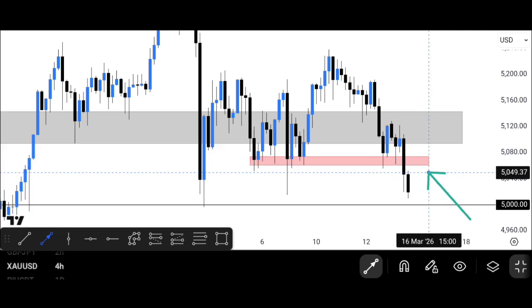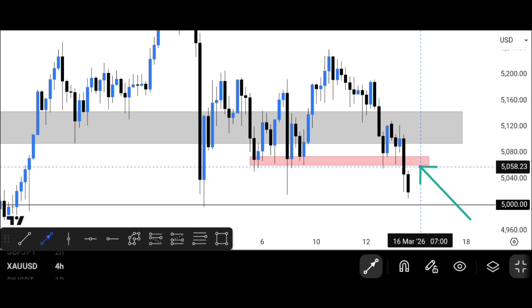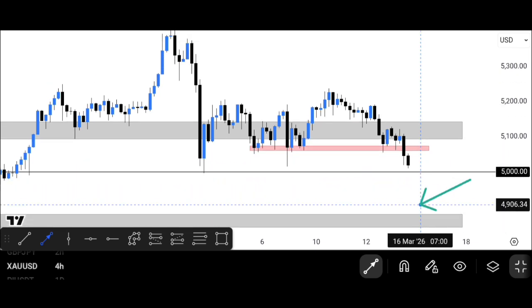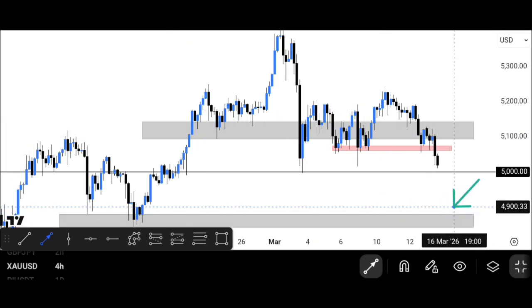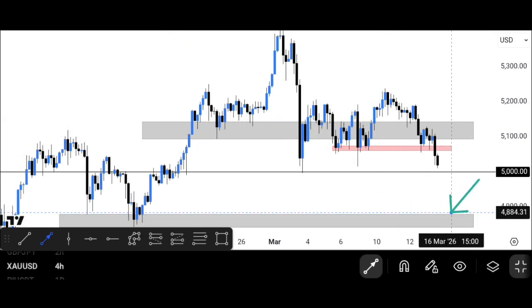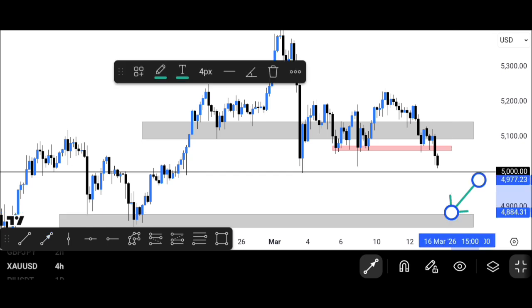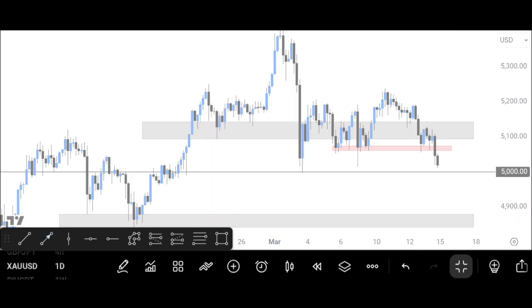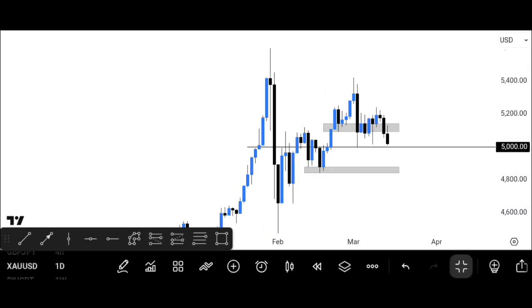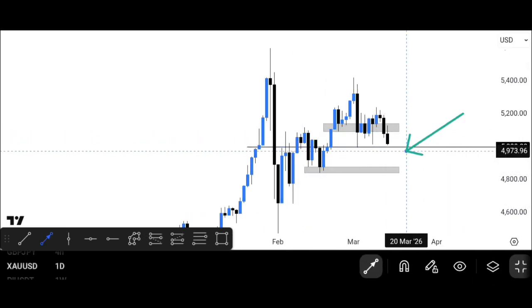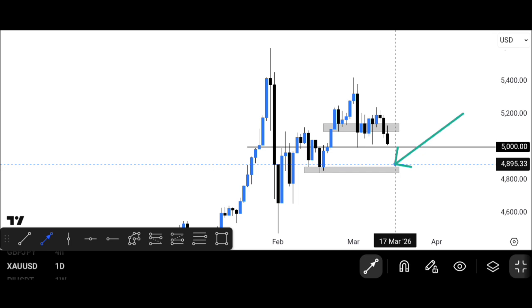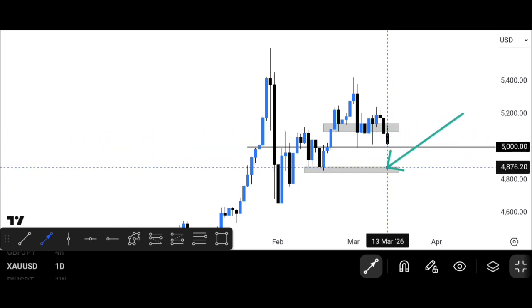And once we get a rejection of this zone, that will signify a lower high zone. And from this lower high zone, we just enter shorts, targeting this low here, because this low is a potential zone that price might drop to. If you go back to the daily time frame here, you see that this is a low, right? You can call it a support zone, or the body is a low. So this low is a zone where potentially we might go all the way down to.